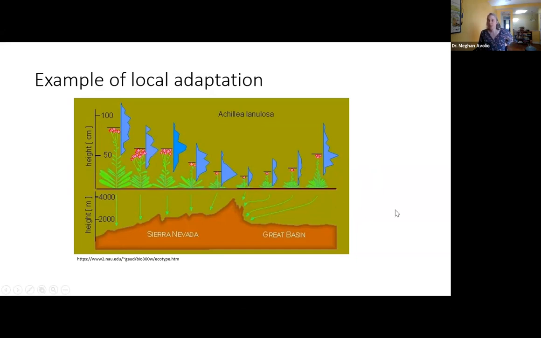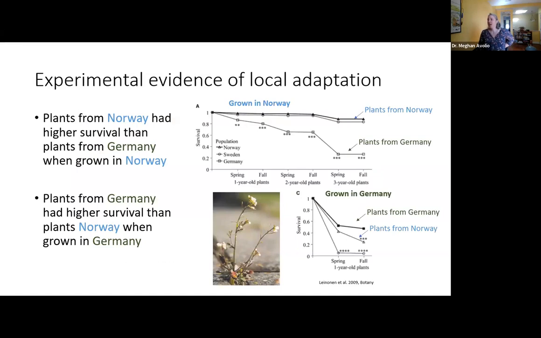Scientists really like to try and study and understand local adaptation. And to do that, we like to grow plants. We like to either do reciprocal transplants, like taking plants from one location and growing them in another location, or grow them all together in a common place like a greenhouse. And so here's an example of local adaptation with Arabidopsis thaliana. This is a model organism in plants. It's very studied to understand what DNA sequences give rise to what phenotypes.